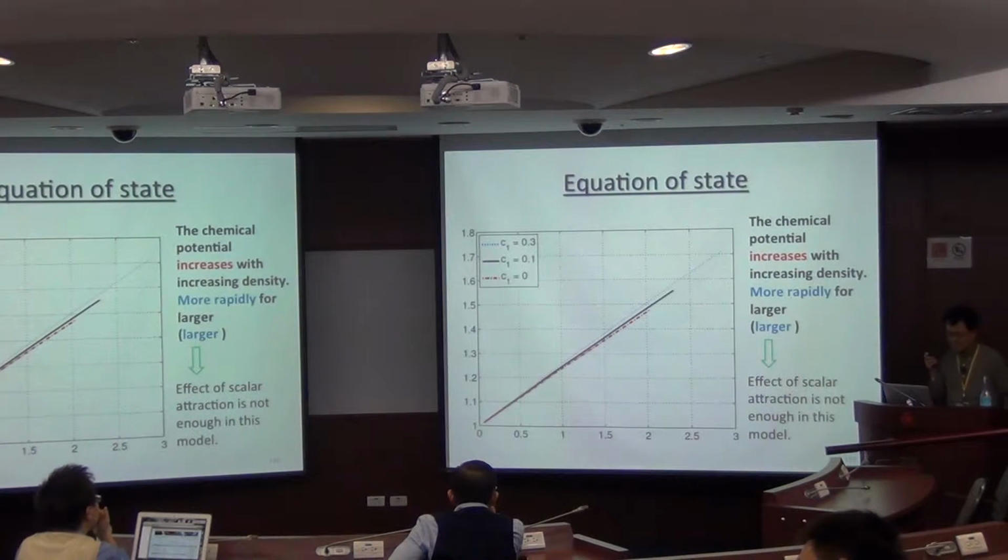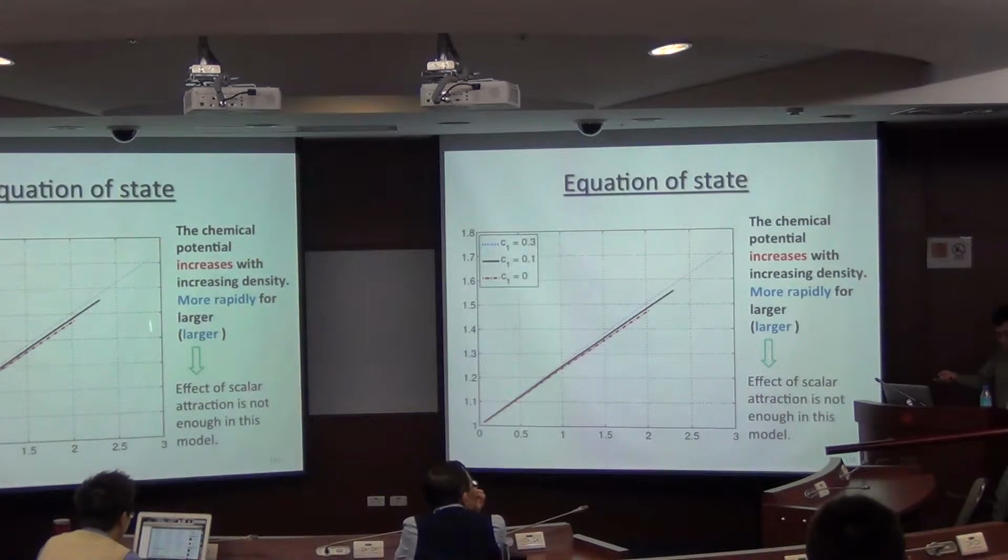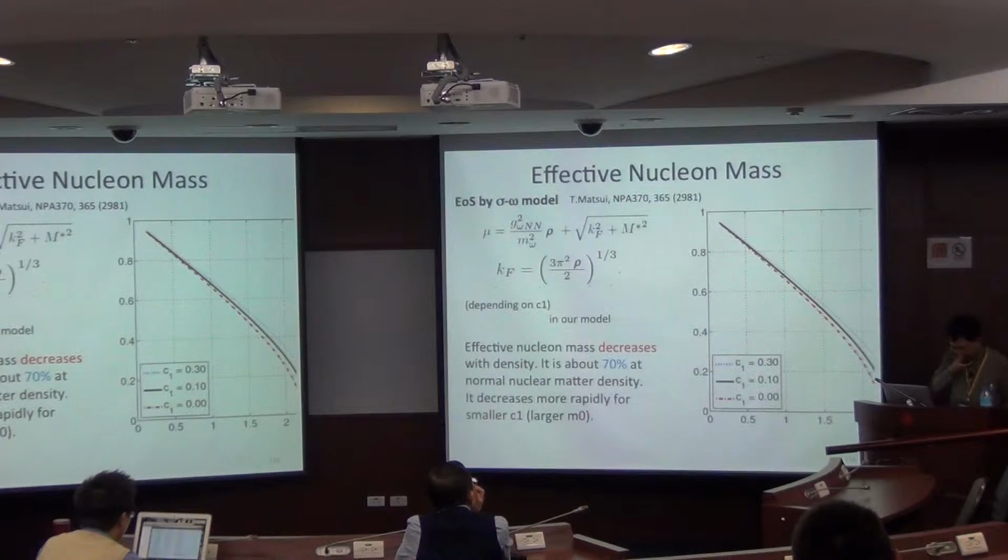Anyway, in the holographic model, it is very difficult to reproduce our nuclear matter, our body. One reason is that we don't have enough scalar attraction yet. This is almost the same for any model. But anyway, this indicates that we need more attractive force. Although this doesn't reproduce the nature yet, it is interesting to study the density dependence of the